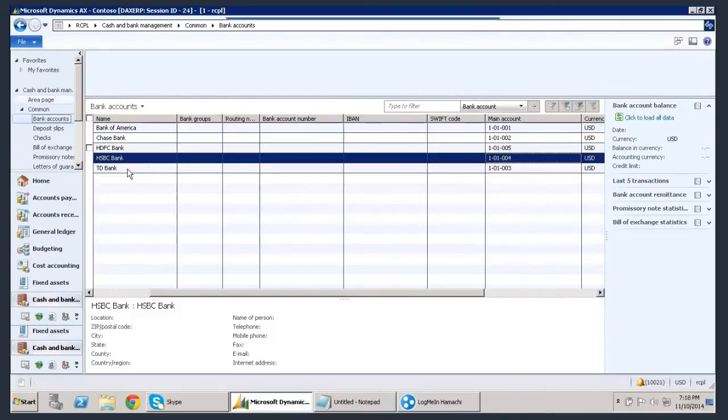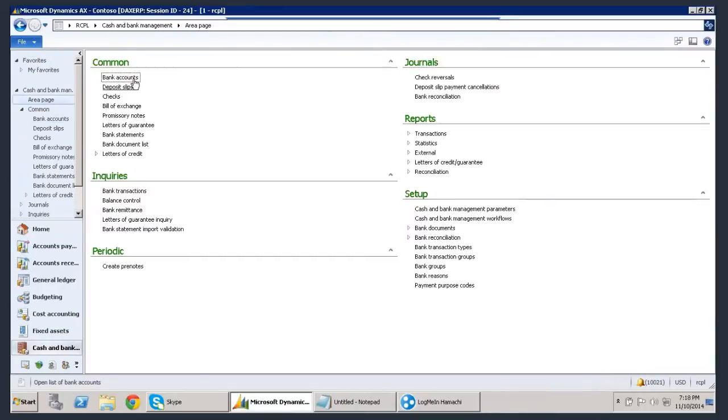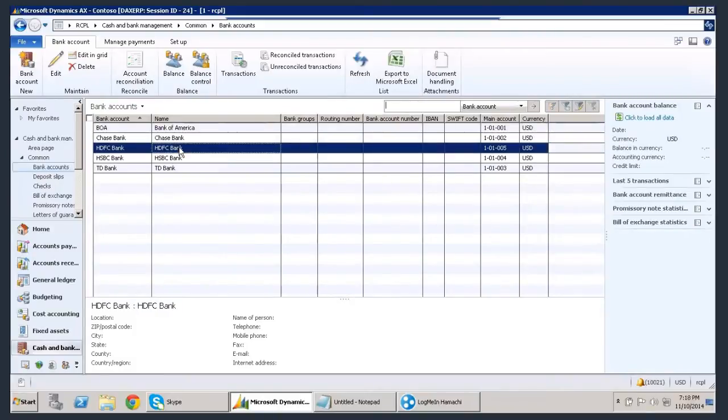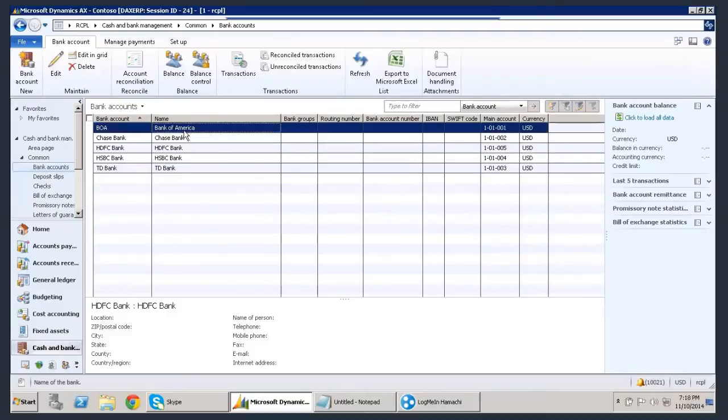Now, for every bank, in Accepta, you have an option to generate checks. So you are going to configure checks for each bank, and you can generate checks online, and you can also print those checks.